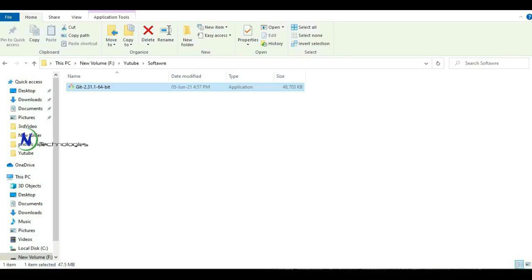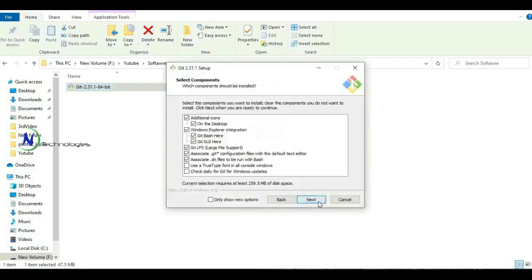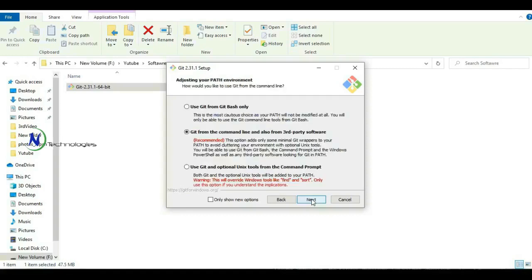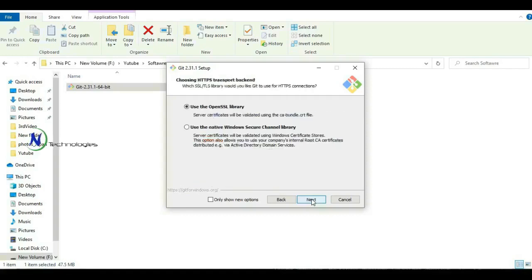You can start the installation. Give next. Here we can see what are the things we are going to install. Make sure that the desktop icon is also enabled. These are all default.